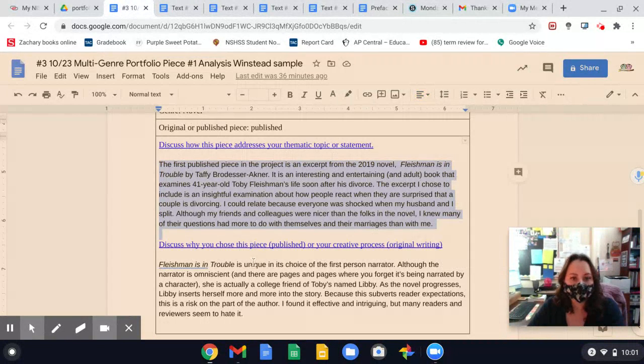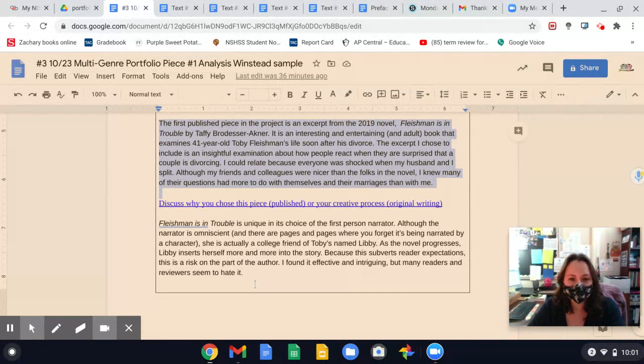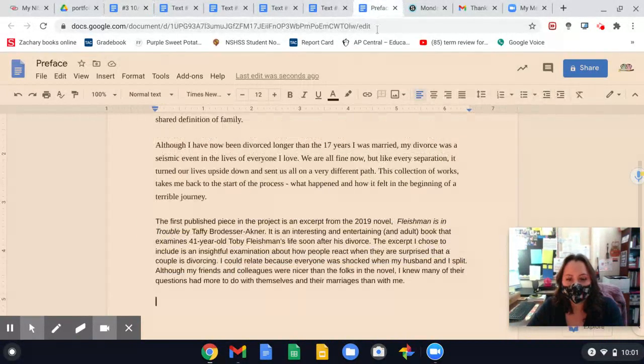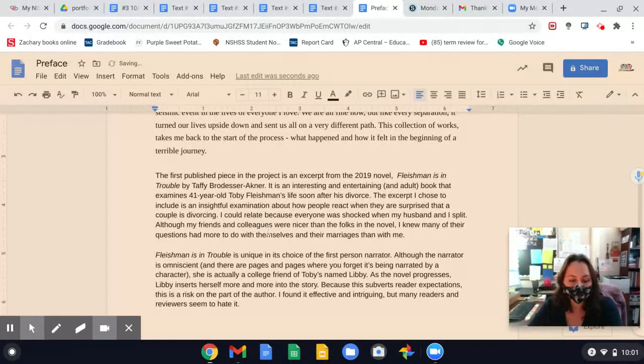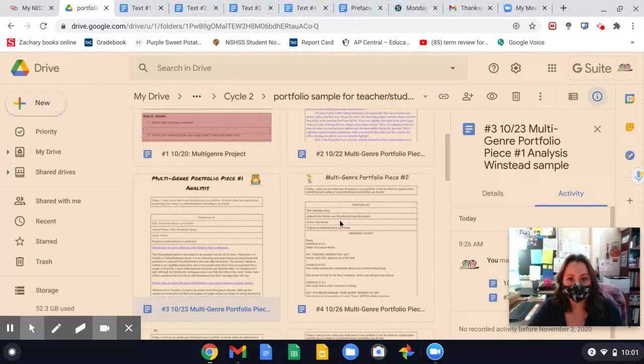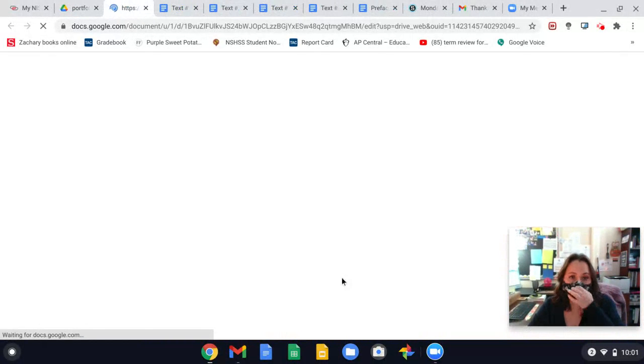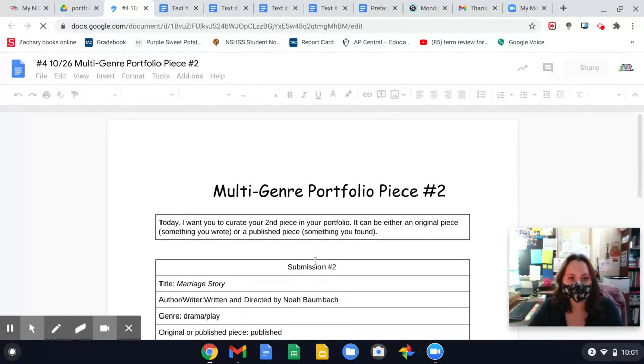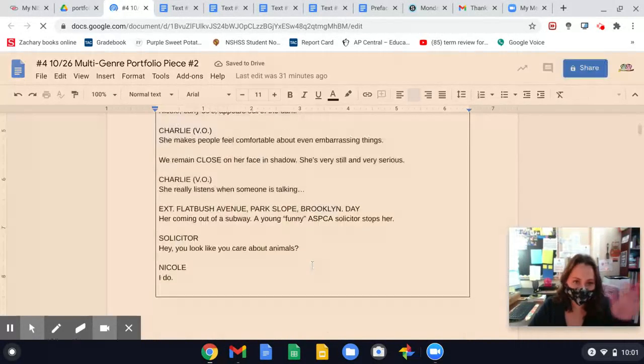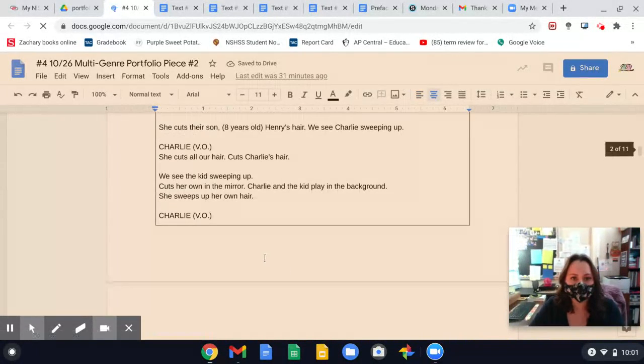Going back to that assignment from Friday, I believe. Get the 2nd paragraph. Now in my preface, it's going to be my 4th paragraph. And then I'm just going to continue this process with my 2nd, my 3rd, and my 4th piece. So here's my 2nd. We're on that assignment, I think that Monday, I believe. Had you copy paste the piece, and then